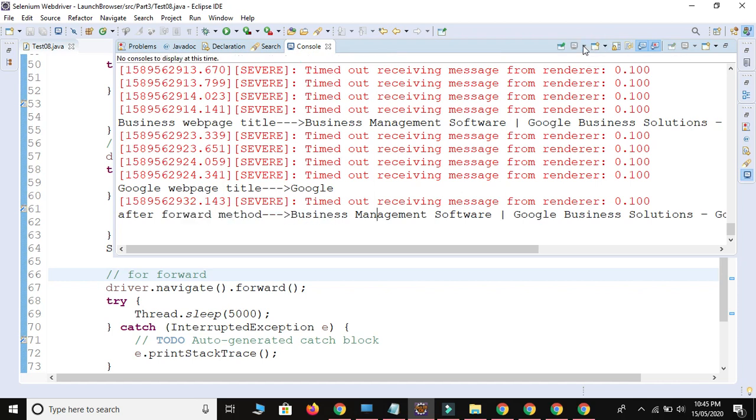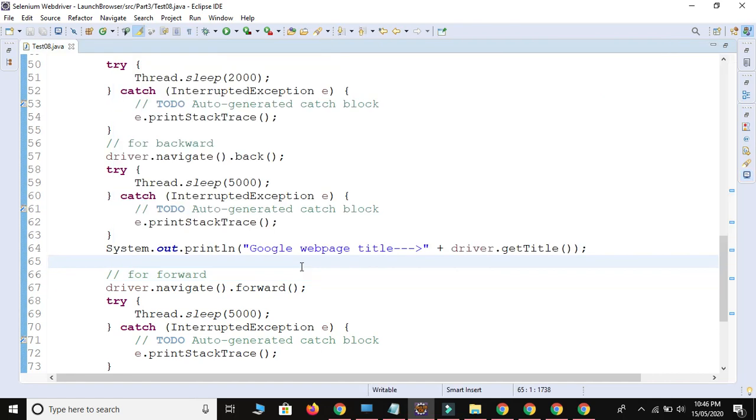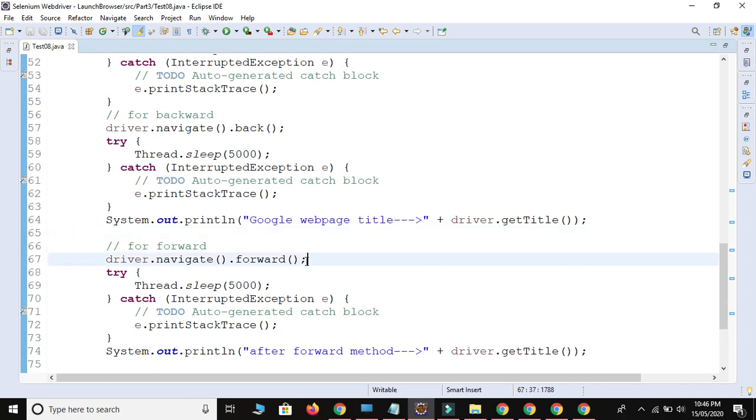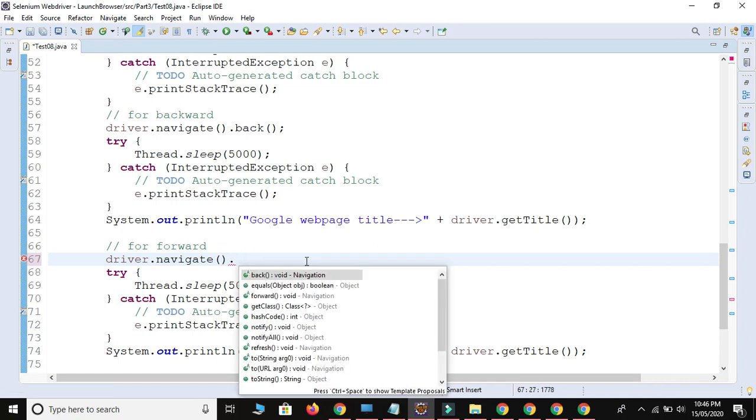So this is the example of driver.navigate.to method, driver.navigate.forward method, and driver.navigate.refresh method is also there. I will show you. I will not execute, just show you. Driver.navigate.refresh is also there. Okay, it will refresh your web page.